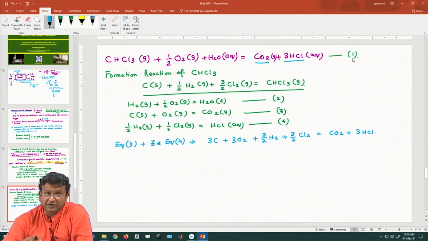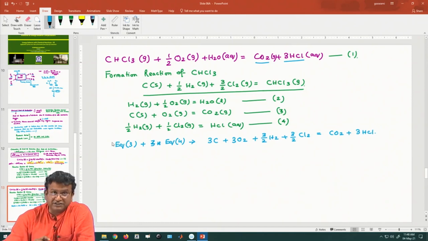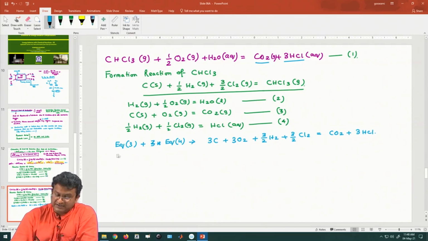So, now the logic is as follows. We have this composite equation 3 plus 3 times equation 4 giving CO2 plus 3 HCl, and you see over here that the right hand side is CO2 plus 3 HCl. So, the best thing to do now is to subtract